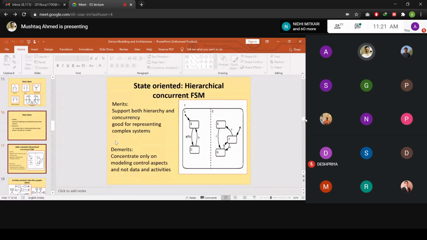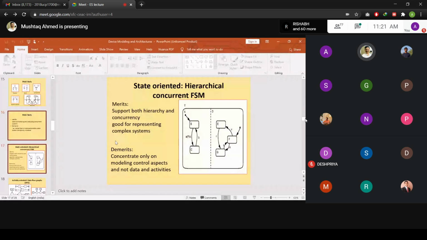And you can see over here that depending on certain conditions or the input, only if that gets triggered would you have to switch to another state, or from F to E. So concurrency is not only modeling the control aspect, but it also allows you to express what type of data the activity is required to perform in the system.